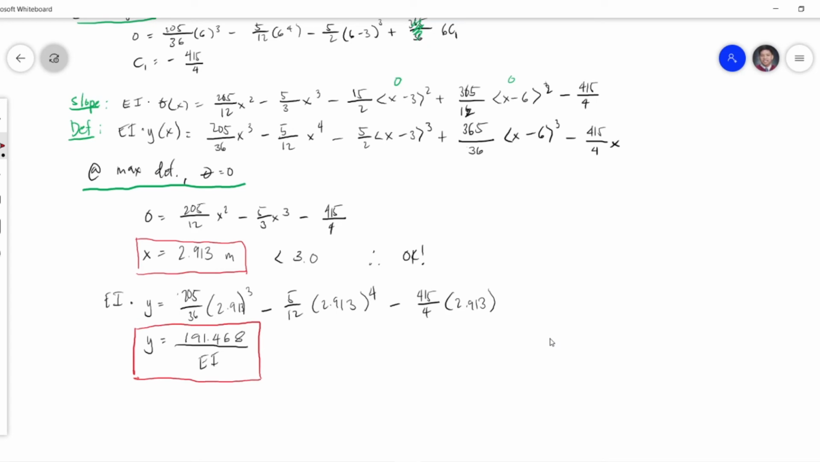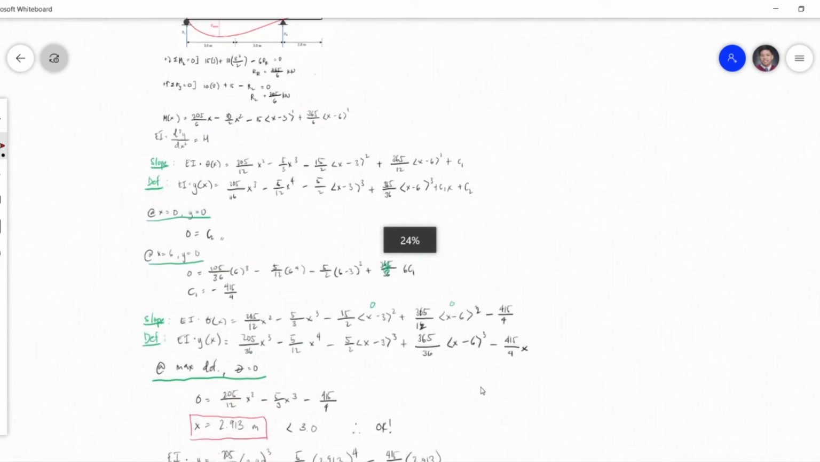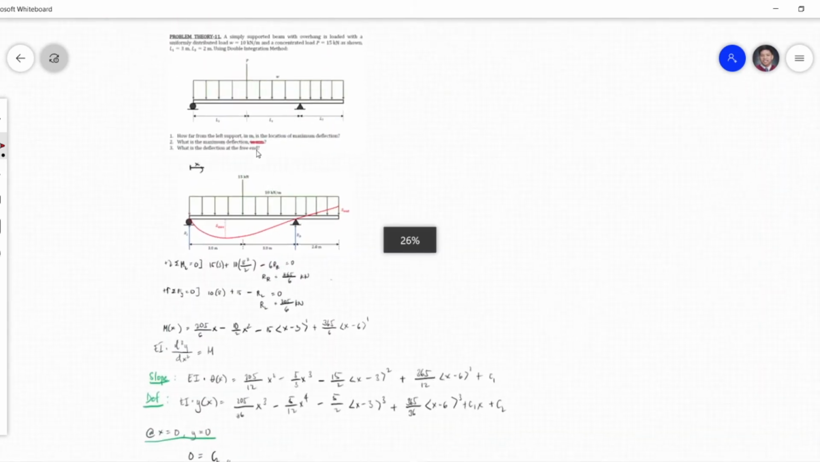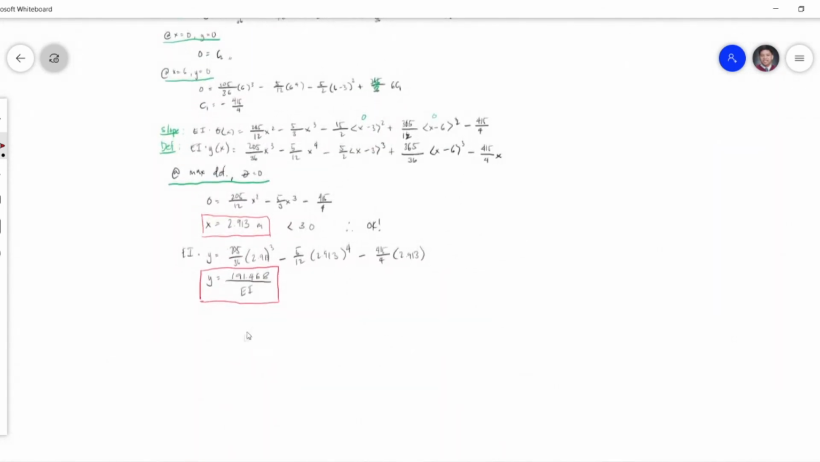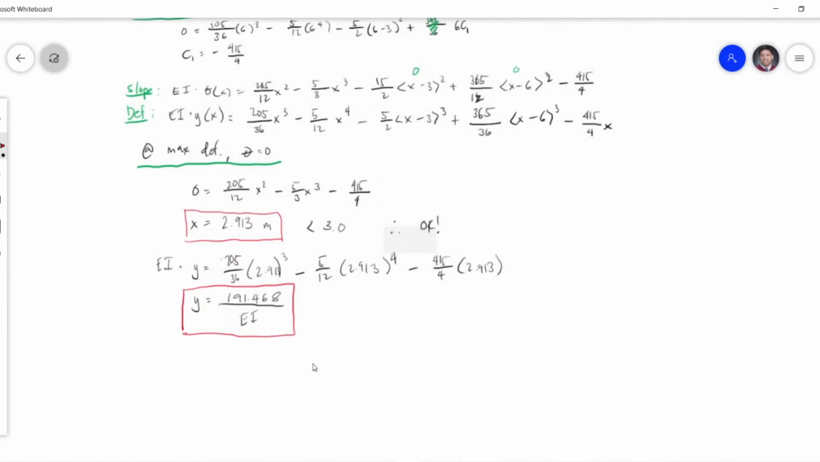Now finally, ang tanong sa atin, what is the deflection at the free end? Now at the free end, that's x equals 8. Sulat natin at x equals 8. Yun yung free end natin. So plug in na lang natin siya dito. So we have EI times y, excuse me. We have